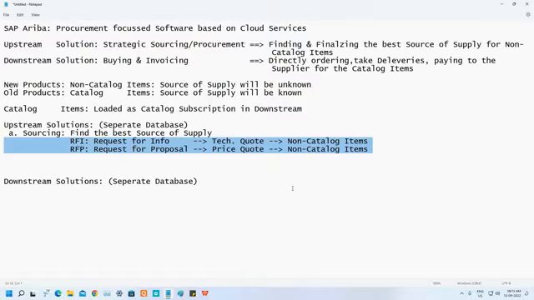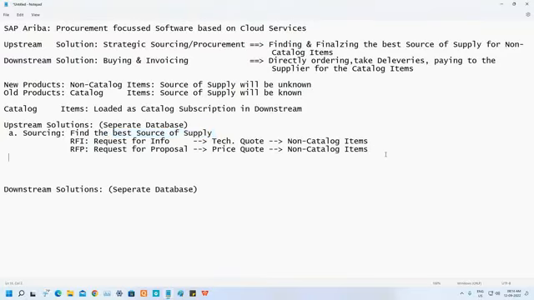Now, as we said, sourcing means finding the best source of supply. So what will happen? This sourcing project we will send to the supplier. The supplier will submit the response. Once they submit the response, then we will award: this supplier has won the sourcing project. That means we have found the best source of supply. But it is not enough. Why? Because the next step is